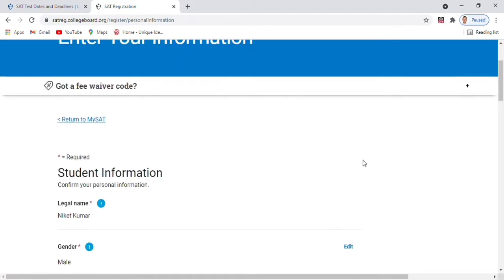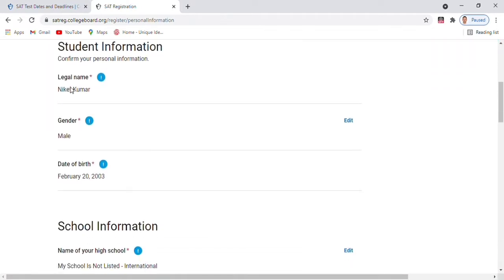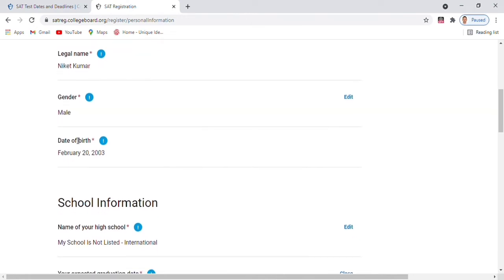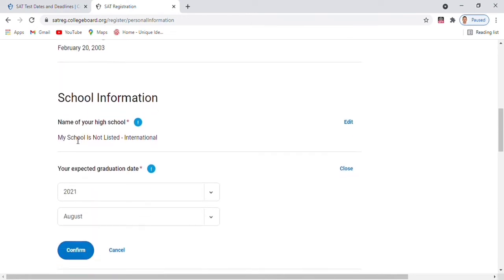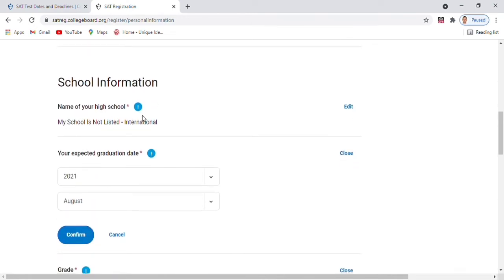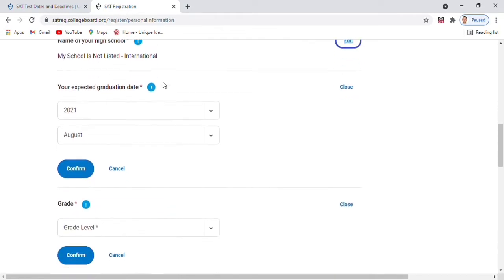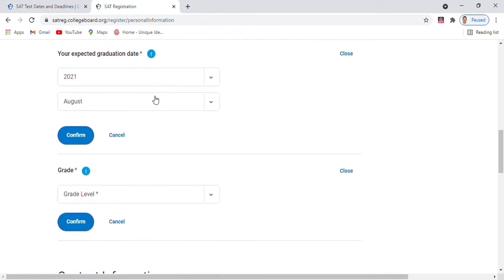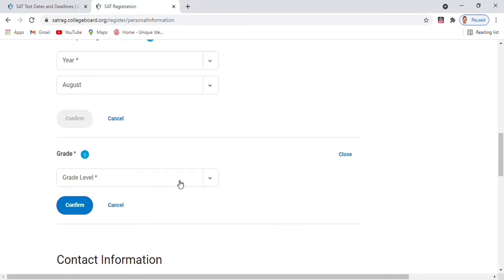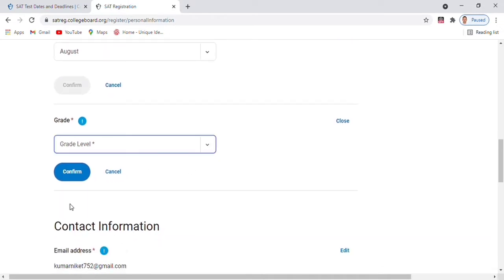After clicking on that, you have to fill in the name of your high school. As my school is not listed in international, I just type that. You have to type your expected graduation date, your expected graduation year and month, and after that you have to write your current grade level.